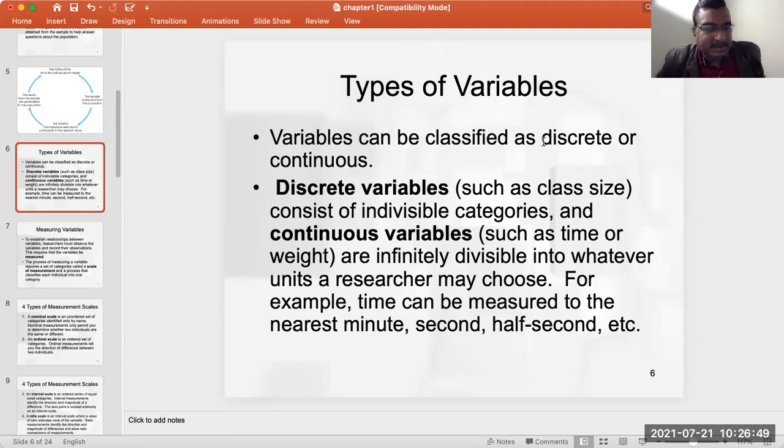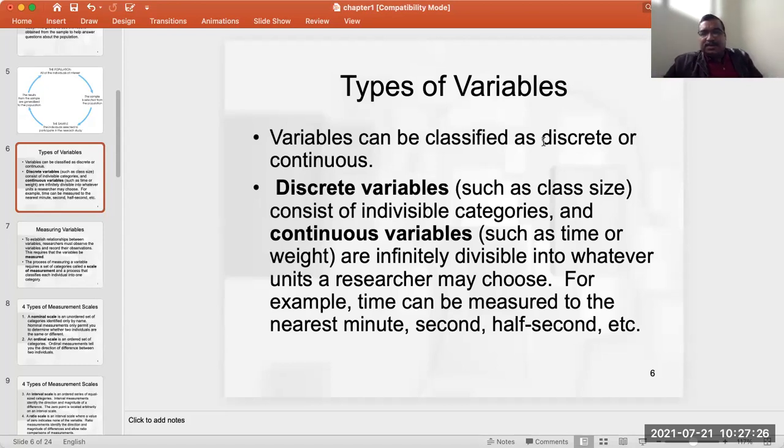In any class, the number of students cannot be 4.5. It should always take an integer value. It cannot be continuous. You can't say 4.235 is the number of students, or the number of trees in a jungle, or, let's say, the number of apples in a 1 kg measurement.